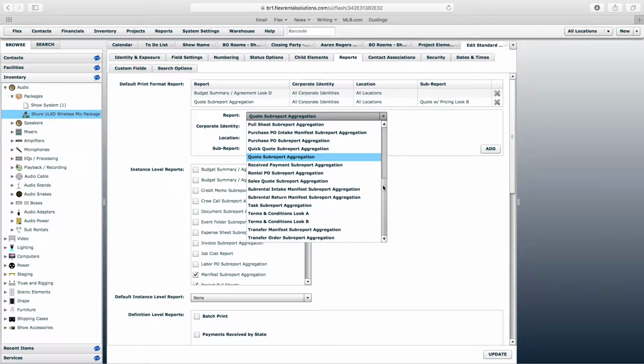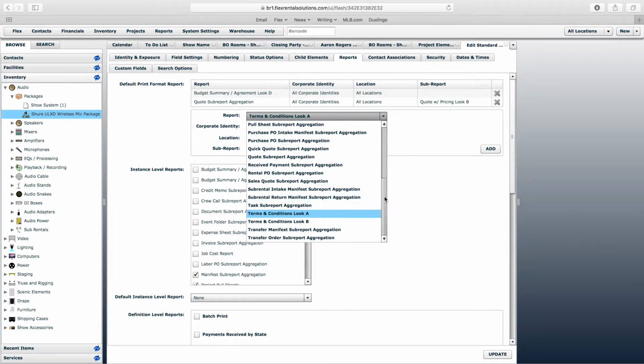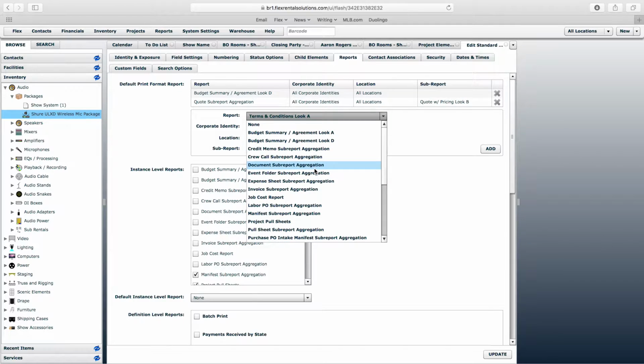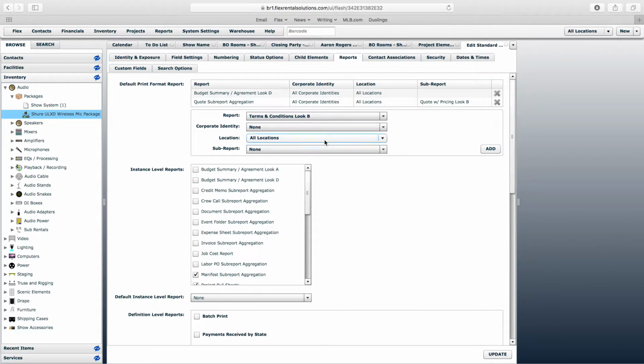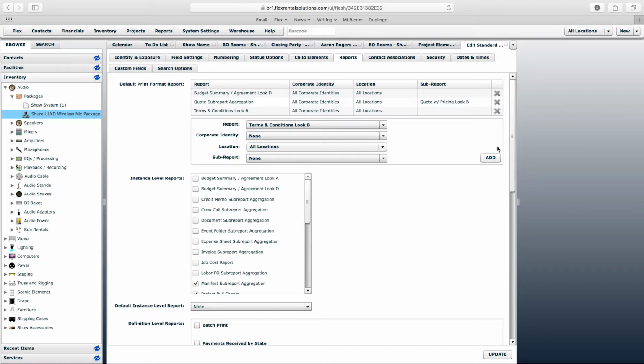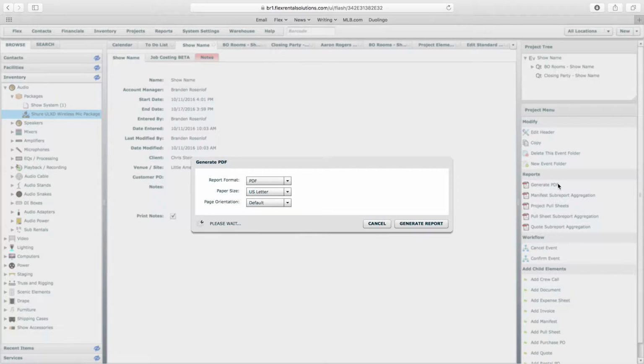And then you might say, I also want to end with terms and conditions look A, or just the default terms and conditions, or look B, whatever. So let's click Update and see what this looks like now. If we go back to our event folder, click Generate PDF,